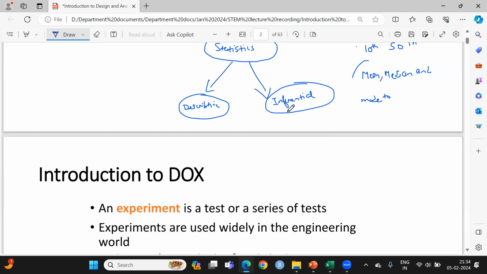But in inferential statistics, we have a very vast population, and it is not possible to collect information from each individual. So what we do is we take a sample, and whatever information we get from the sample, we want to generalize that, right? So now inferential statistics is further categorized